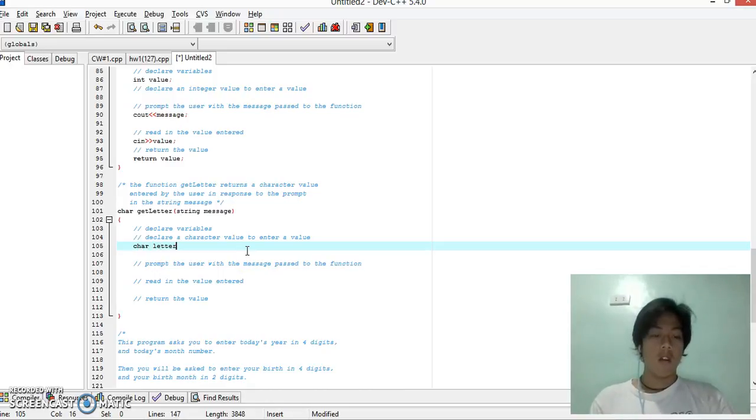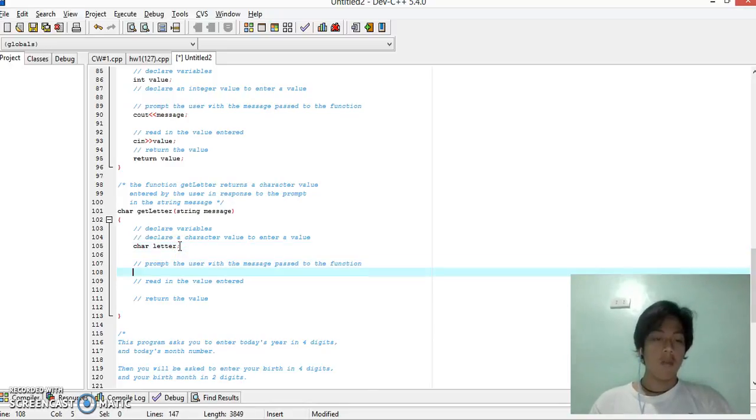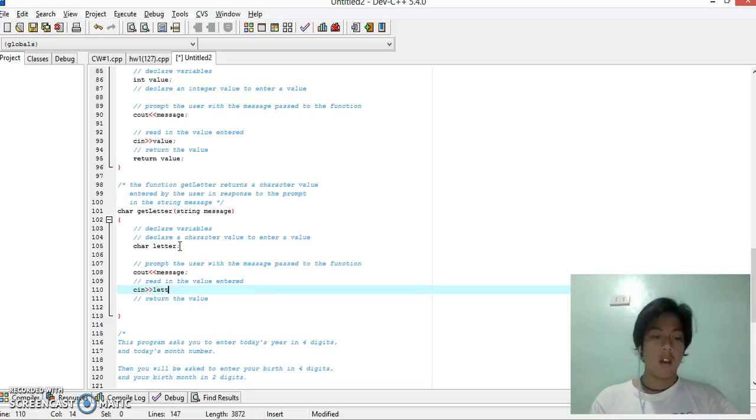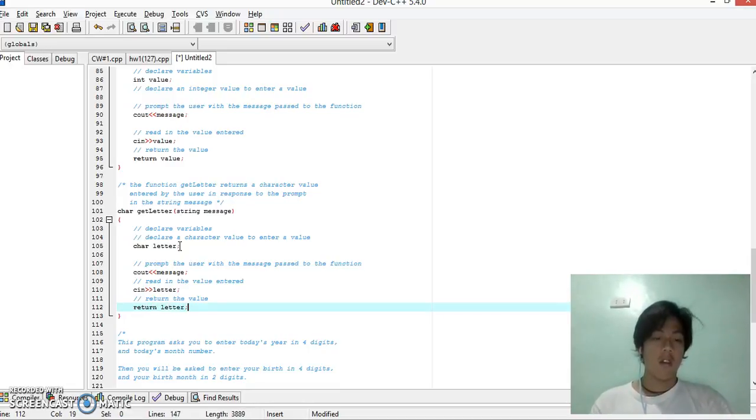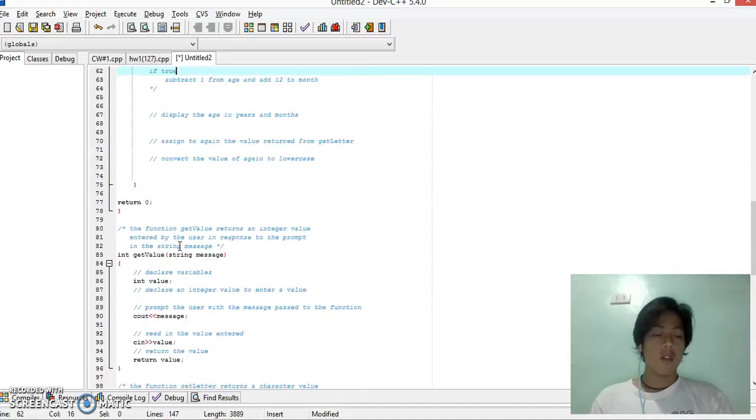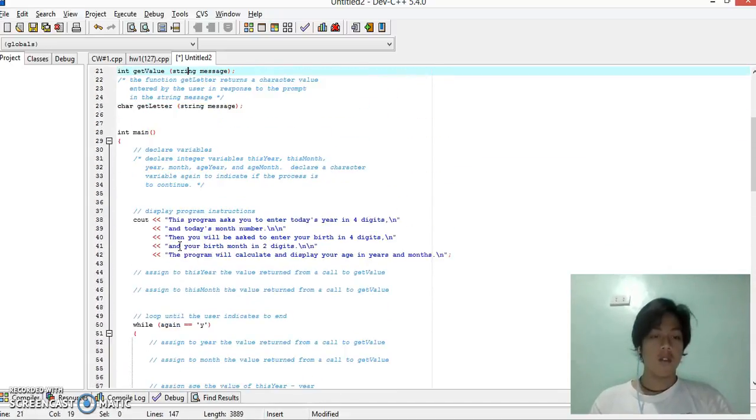The prompt could be any word that suits you. Prompt the user, cout message, cin letter, and then return the letter. And we are done with our functions.